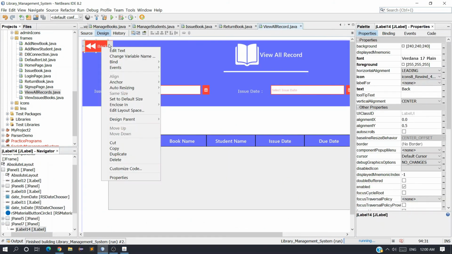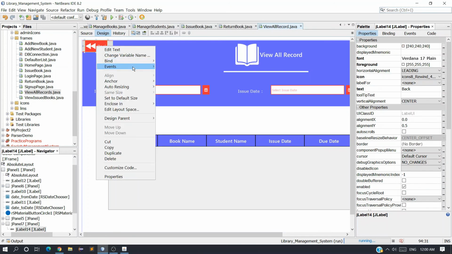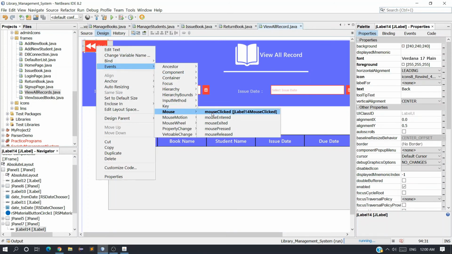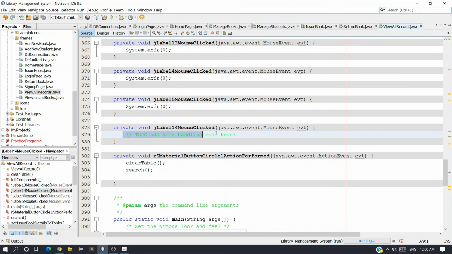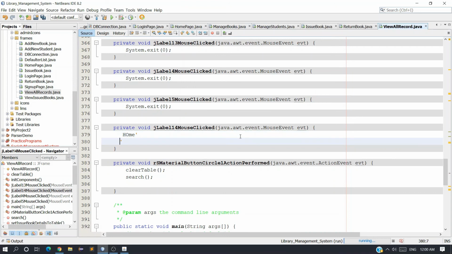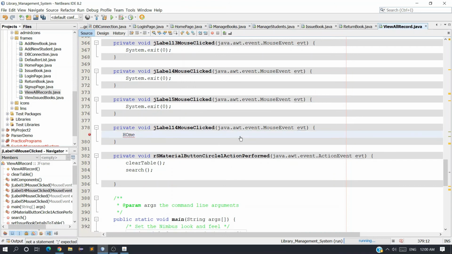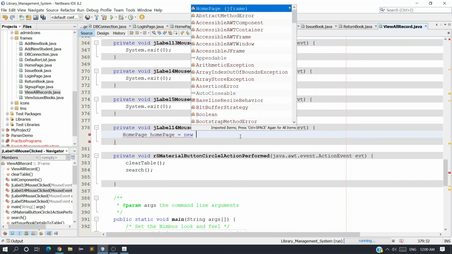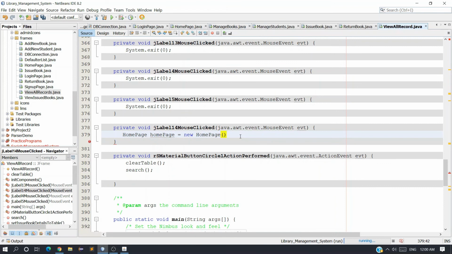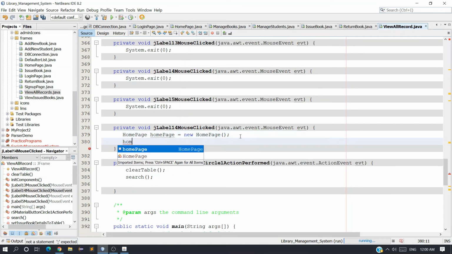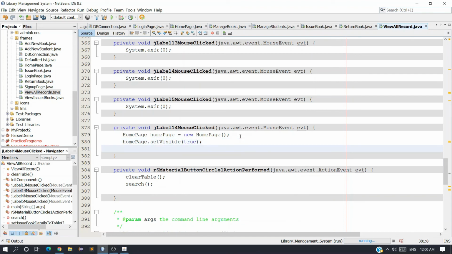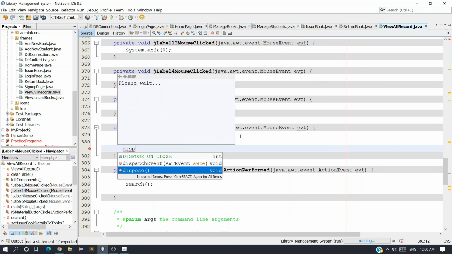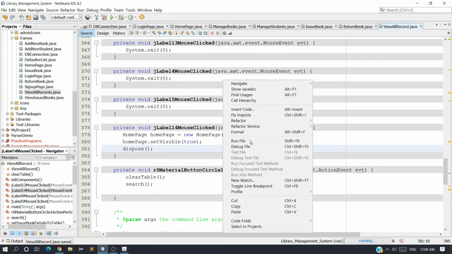So right click this label, not this panel, select this label and right click, event, mouse click, and here we need to say home page, home is equal to new home page, and home page dot set visible true, and simply dispose the current frame and run this again.